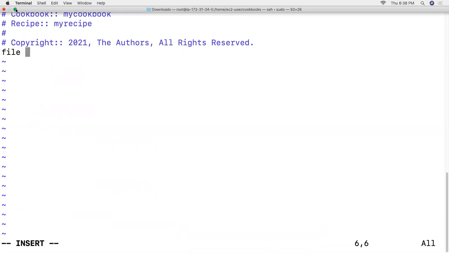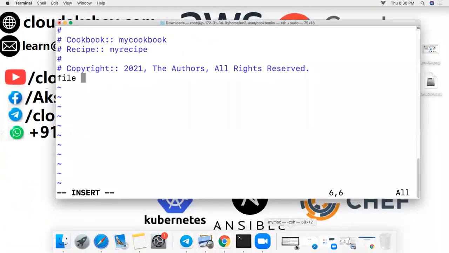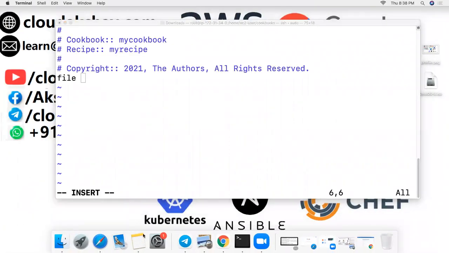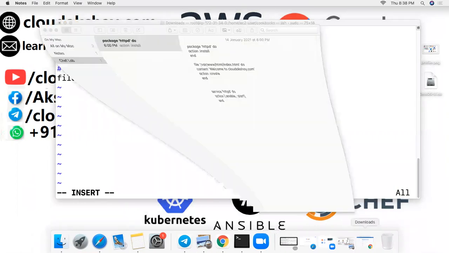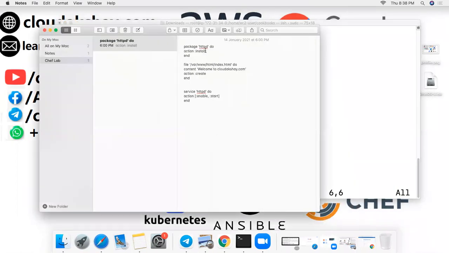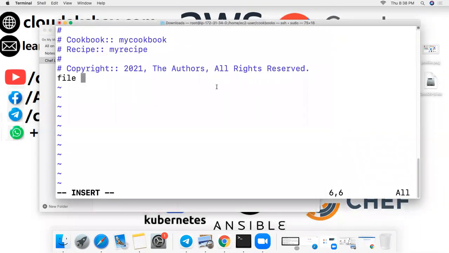Give me a minute, I need to copy some format.